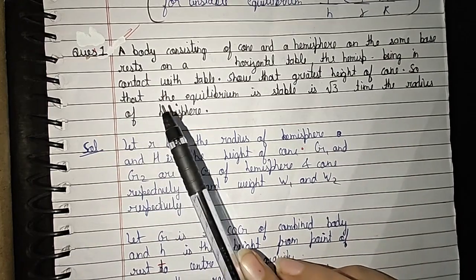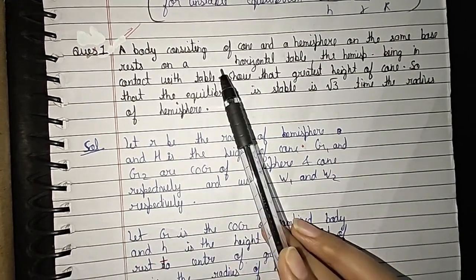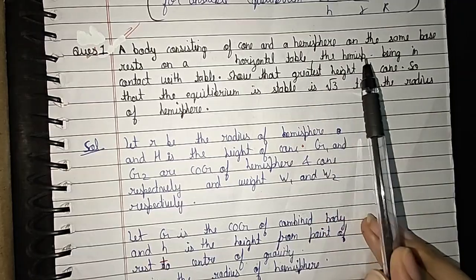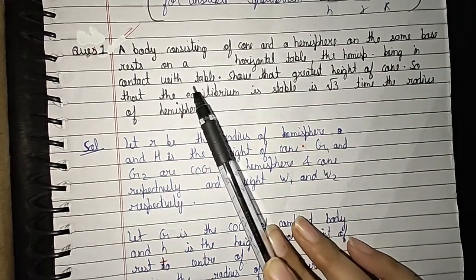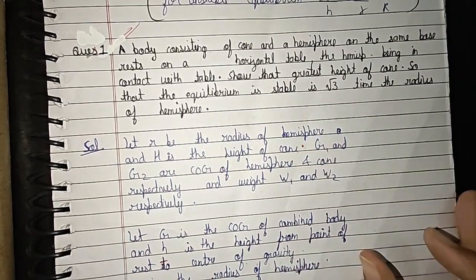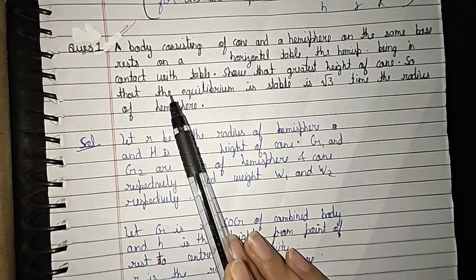Let us take one example. A body consisting of a cone and hemisphere on the same base rests on a horizontal table, the hemisphere being in contact with the table. Show that the greatest height of the cone is